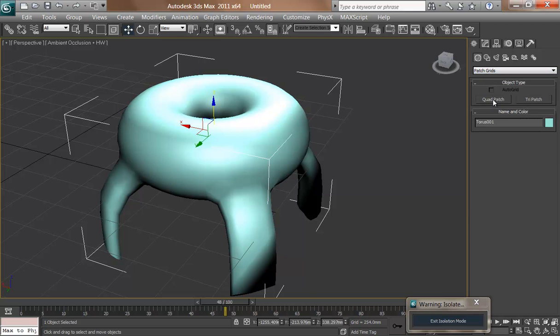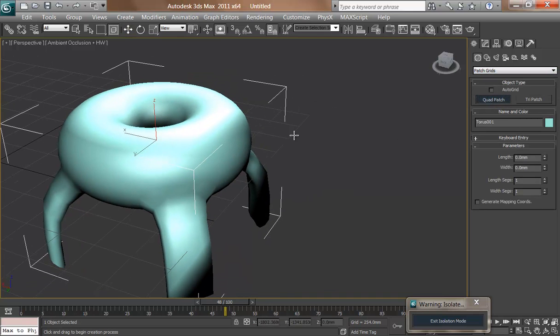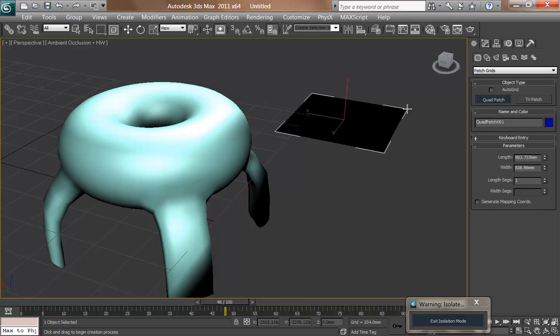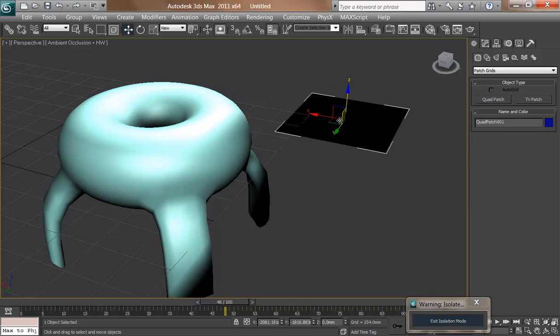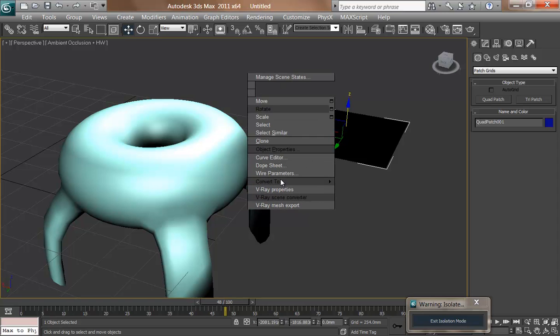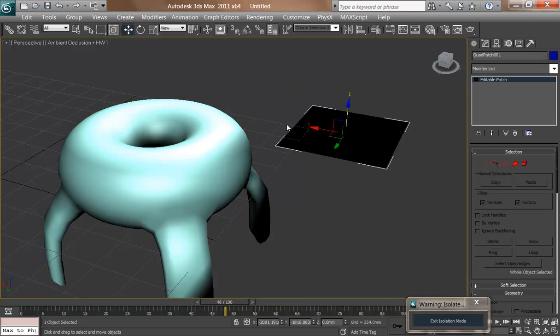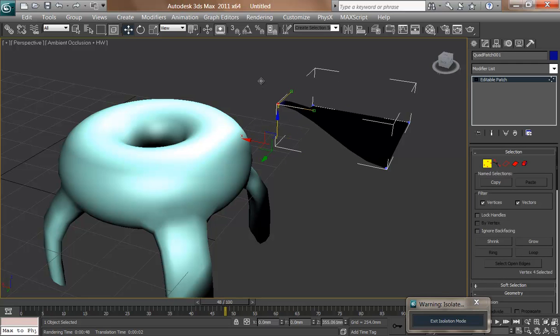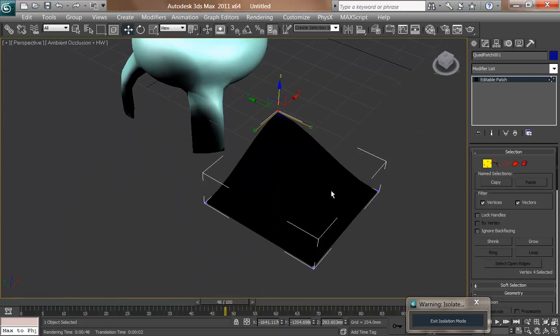So patch grids are kind of interesting, because they're kind of a Max thing. Other programs have them as well, but it's mainly 3ds Studio Max that's kept going with them. And patches, I think, are really underrated. So I will be showing you some things with patch grids, because patches are almost like a cross between NURBS and